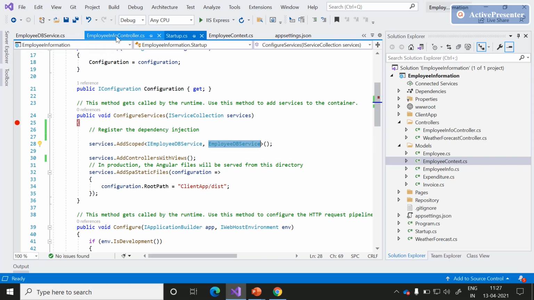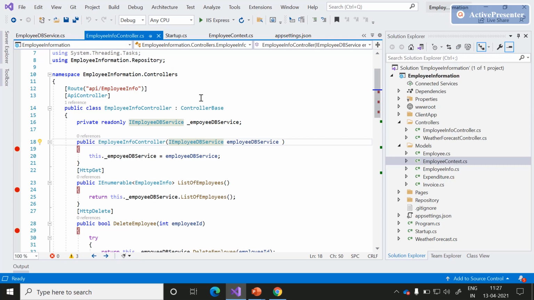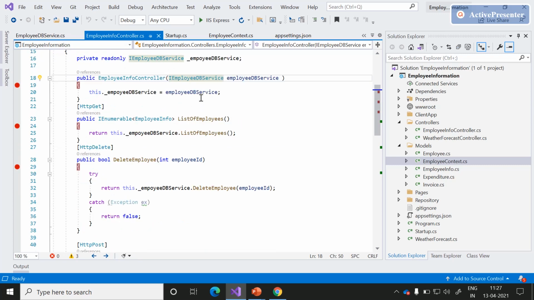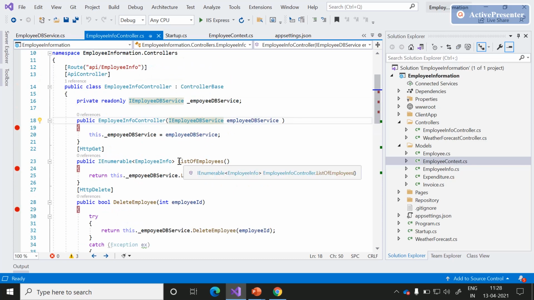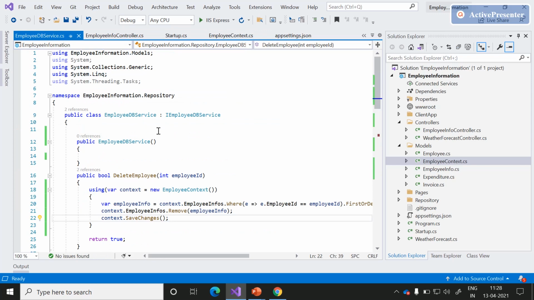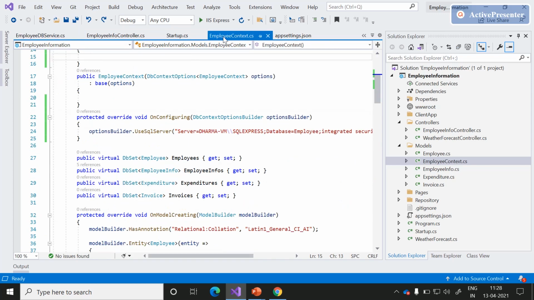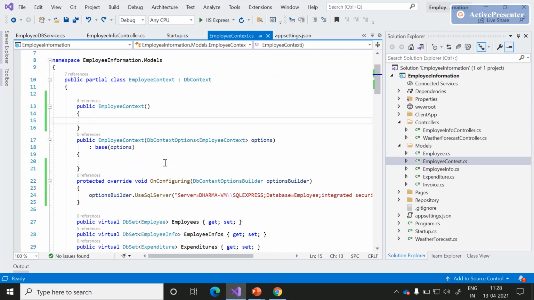We have given the complete responsibility of connection to the DB and creation operations to the employee DB service. If you observe this employee context, to configure this use SQL Server in startup.configure services, we need to follow three steps to configure the employee context in startup.configure services.